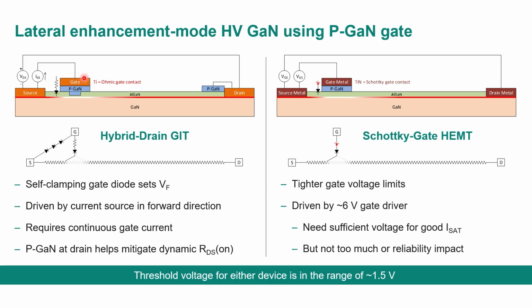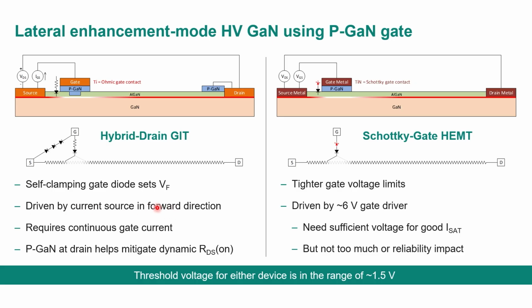Here, the metallization is different, and you actually have a diode. So when the gate is on, you're forward biasing a GaN diode at about 3.5 volts. So it's essentially a self-clamping structure. It's very hard to break the gate. It's an incredibly rugged gate. You don't care about overvoltage. It's not even specified on the data sheet. We simply tell you what current you can deliver, and the gate voltage is what it is. So you drive it with a current source in the forward direction, and it does require a continuous bias to remain on.